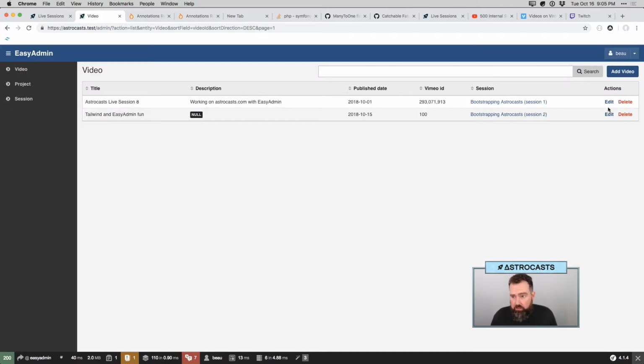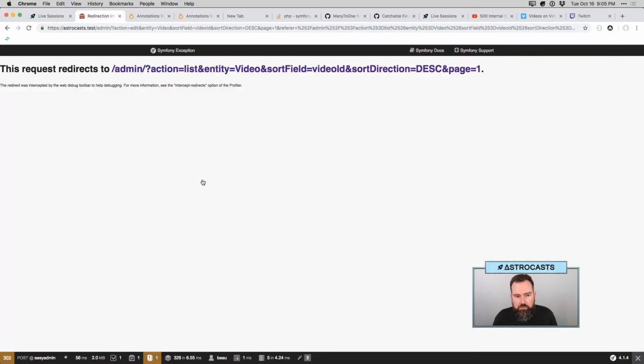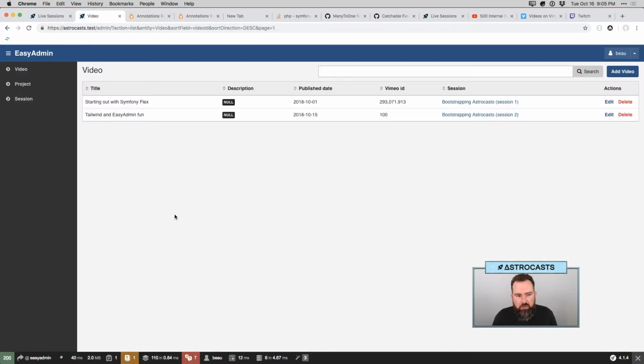And while we're at it, let's not name this Astrocasts Live. We'll say Symfony Flex. Save changes. That way it just doesn't look confusing. So in theory, we want one of these before the other. This is displaying this number in a weird way. Give me a minute. Okay, so